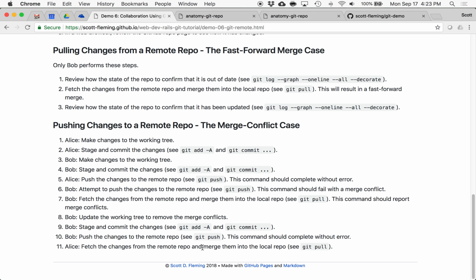Coming up, maybe in a few demos, I'll get into some of the more complicated workflows that developers like to use for remotes, which have some nice things about them, but are also more complex than this. So this is the simple way to collaborate using remotes. Just having a shared master branch, which you use as your main way of exchanging